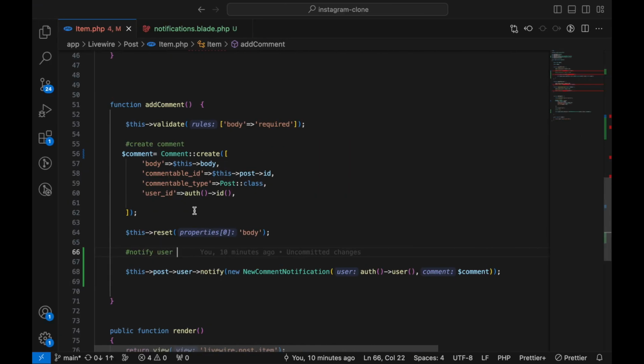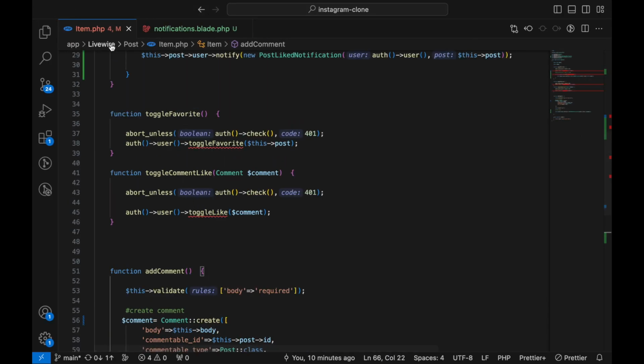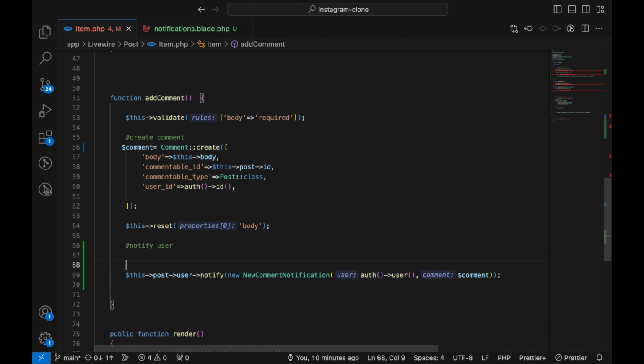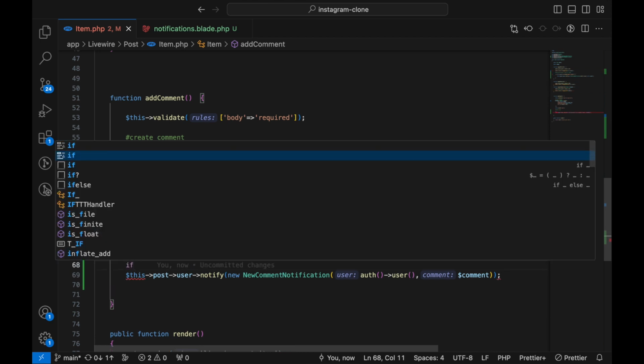Alright, so now if we go back to our code, you can simply go to the app Livewire post item. Alright, for now we're only working with this post item. If you want, you can actually expand this functionality by adding this notifying code to other components of the application or the project. So here, let's just add if